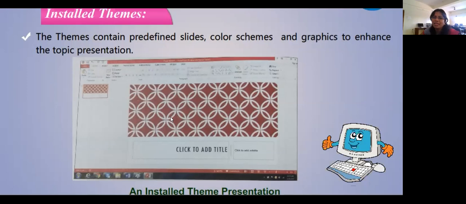See, children, basically why do we use a PowerPoint presentation is, if you are doing some presentation with the points on the screen, you will be able to do it properly. First thing. The second thing, you need not remember all the points. Everything will be available on the screen. You have to just read the point and explain about it whenever you're doing a presentation. Third thing, normally if you just stand and speak, nobody is going to get interested in your topic. They start getting bored. But if you have lots of pictures or attractive slides, you will grab the attention of your listeners.